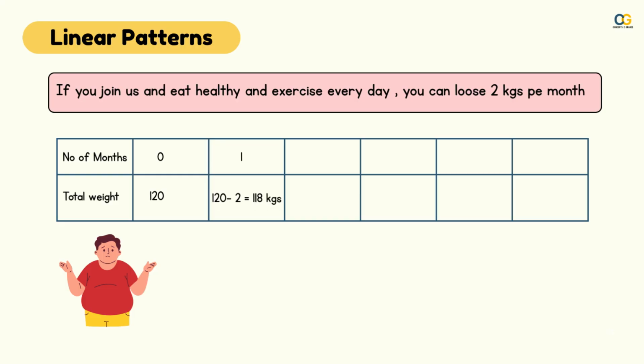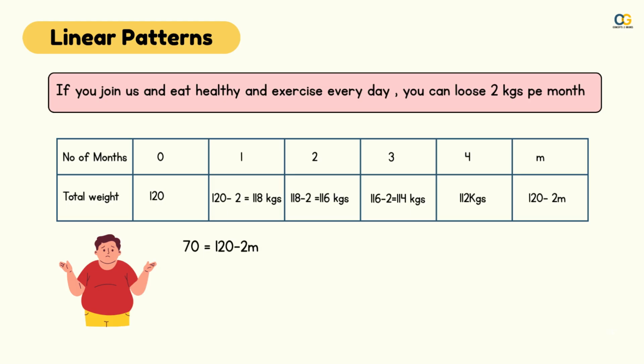He'll be at 118. Second month, he'll be 116. Third month, 114. Fourth month, he'll be 112. And in the mth month, he will be 120 minus 2 times the number of months, which is m. And if he wants to reach his target weight of 70, he has to work out for 70 equals